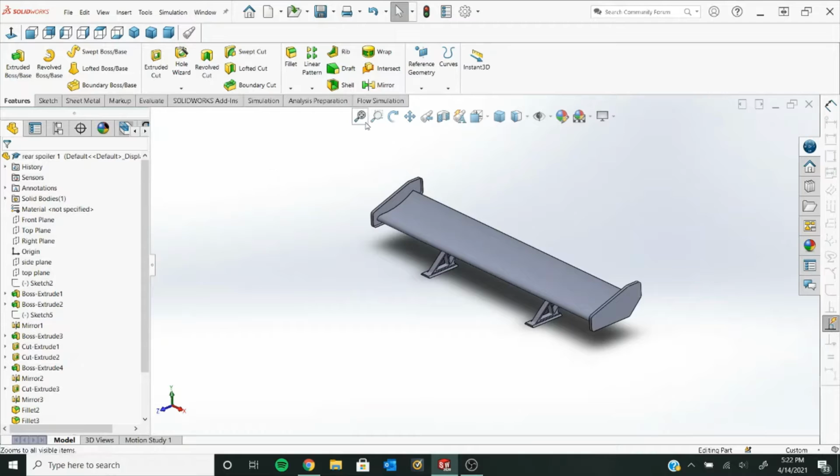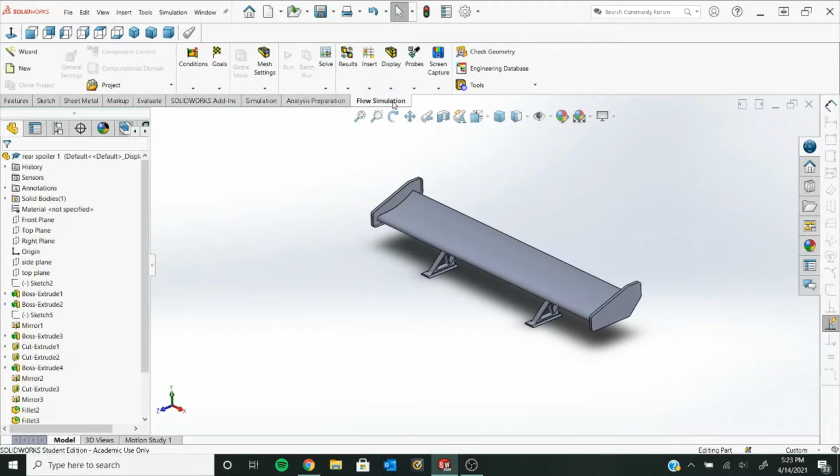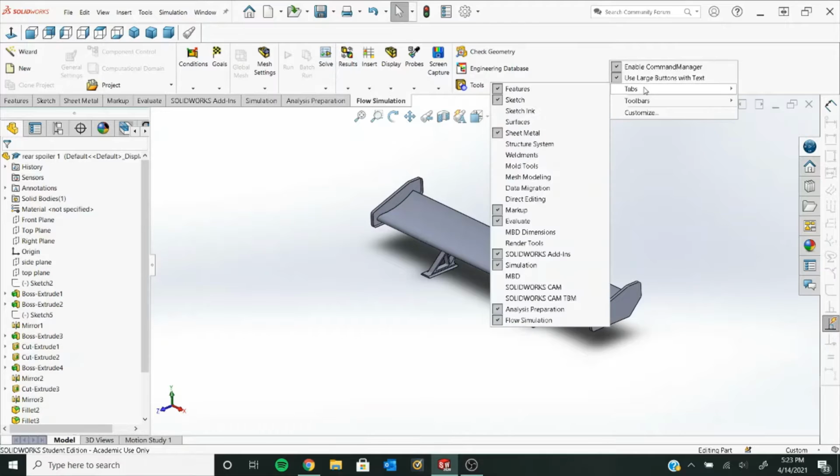And today we're going to be covering flow simulation, a little internal and external flow, just some examples. So first we're going to be covering external flow, and for that we chose the spoiler. So you're going to want to get whatever part you're doing loaded up, and then go to flow simulation. If you don't have that tab, you can right click anywhere up here, go to tabs and add it here